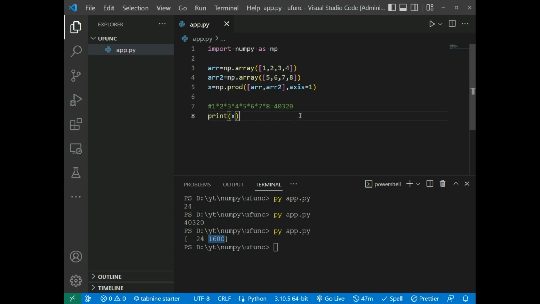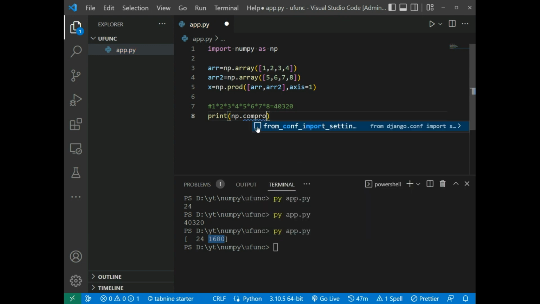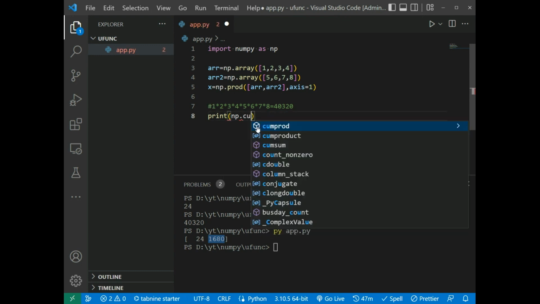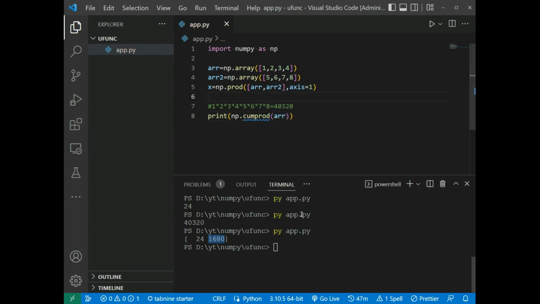So in here print np.cumprod array, save and run, and we have this result. 1 times 2 is 2, 2 times 3 is 6, and 6 times 4 is